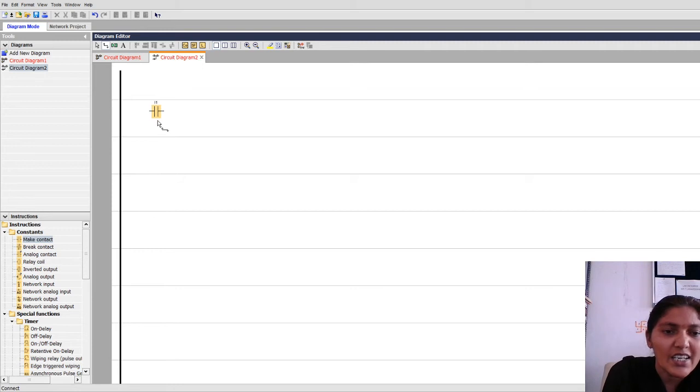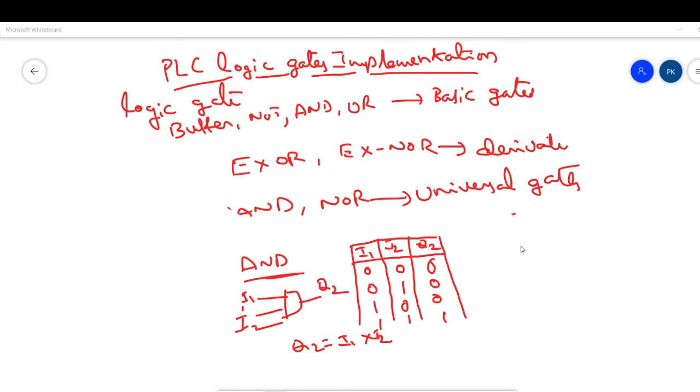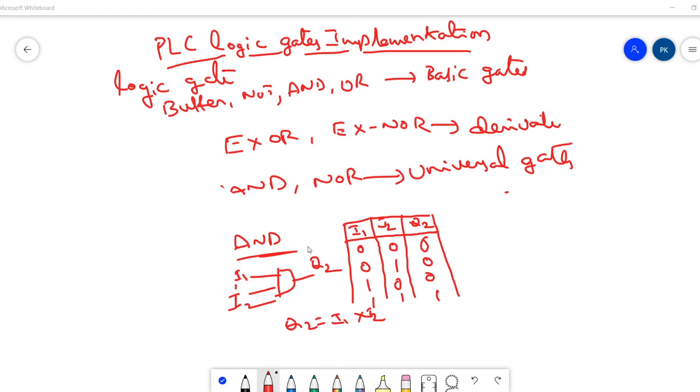Normally open switch means initially the two terminals are in an open state. This is the symbol for normally open.